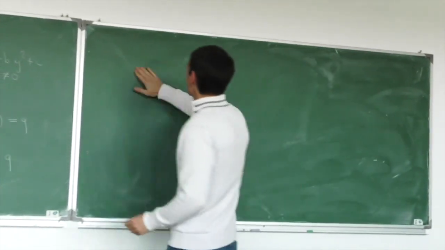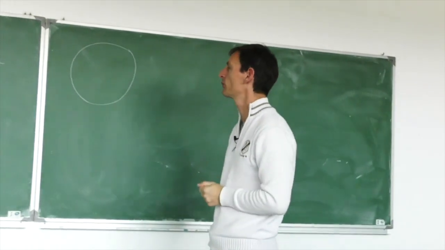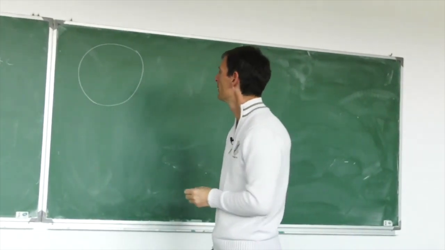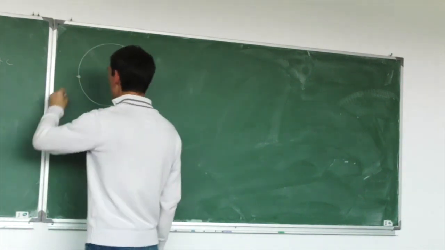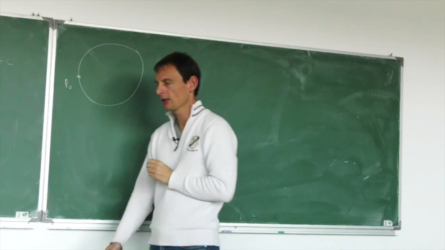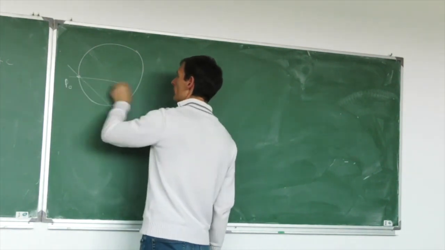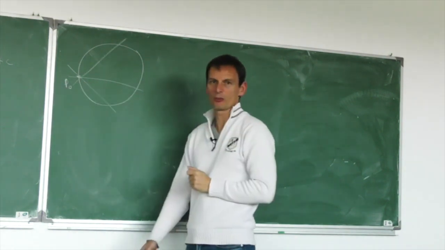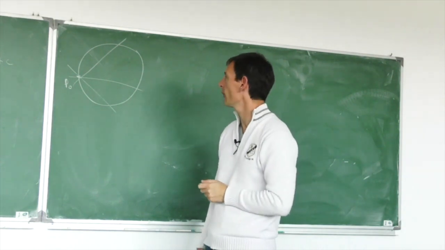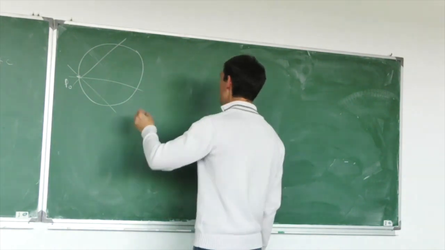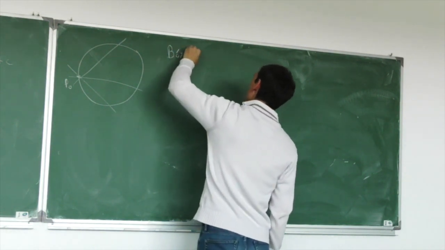Now, I'm going to draw a kind of conic. Okay, the circle is a degree 2 curve, irreducible. Now I have my point here, this P0 that I could prove is a rational point. And what I'm going to do is draw all the lines through this point. And I'm going to invoke another theorem in a trivial way here. I mean, you could do it much more easily in another way, but Bézout theorem,